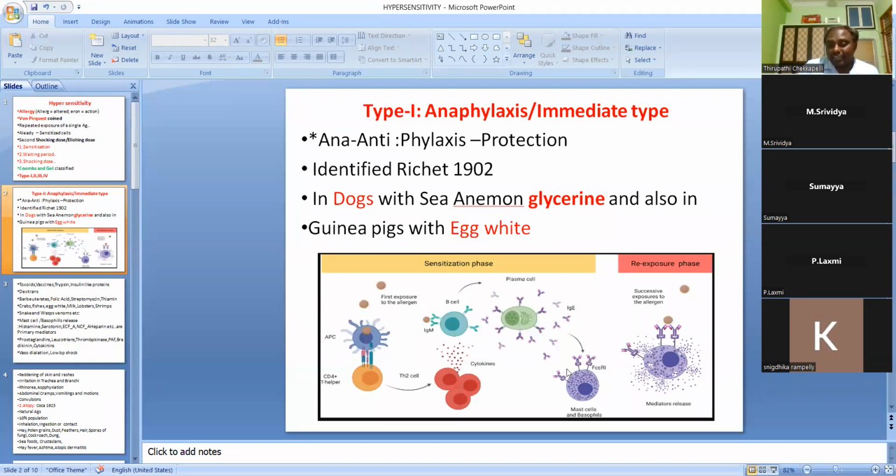These antibodies again attach here, and some of the antigens. Here the distance has reduced, so the antibodies are joined by these antigens. That shockingly, very aggressively excites the mast cells or basophils, which release granules in their vicinity. These granules include histamine, bradykinin, serotonin, like allergic substances, which are released in large numbers. That leads to various actions.